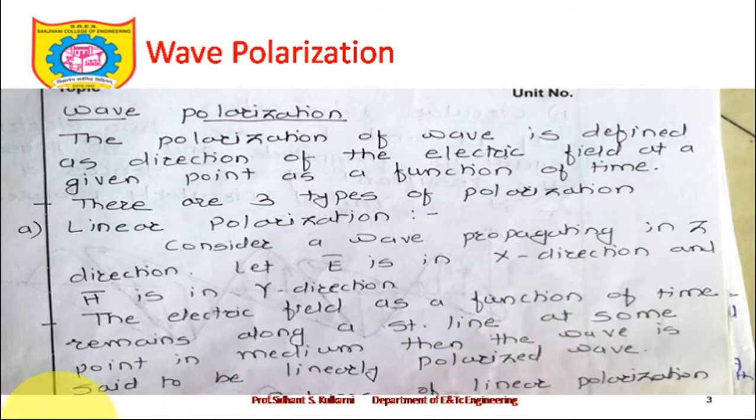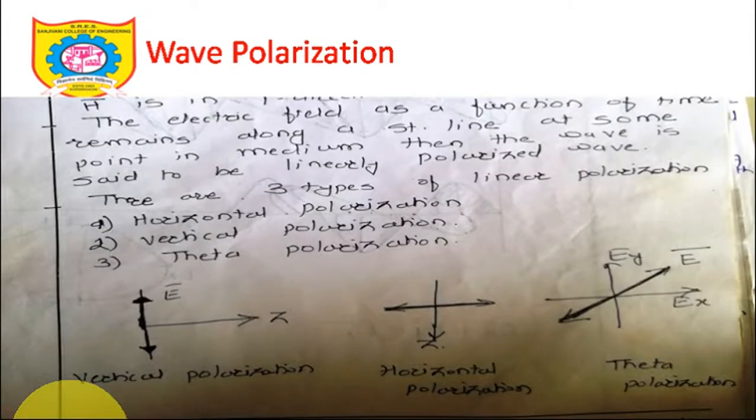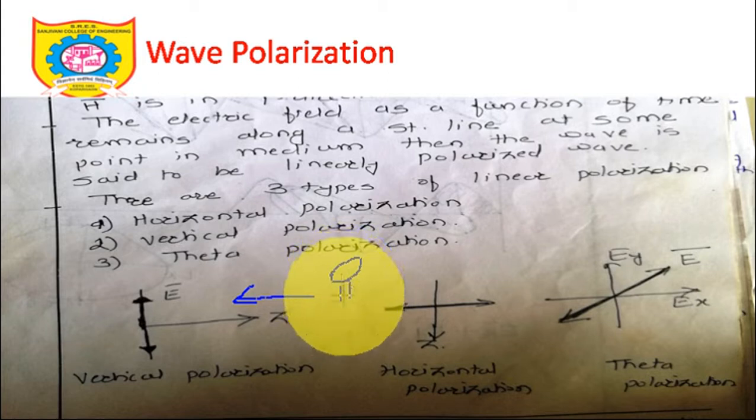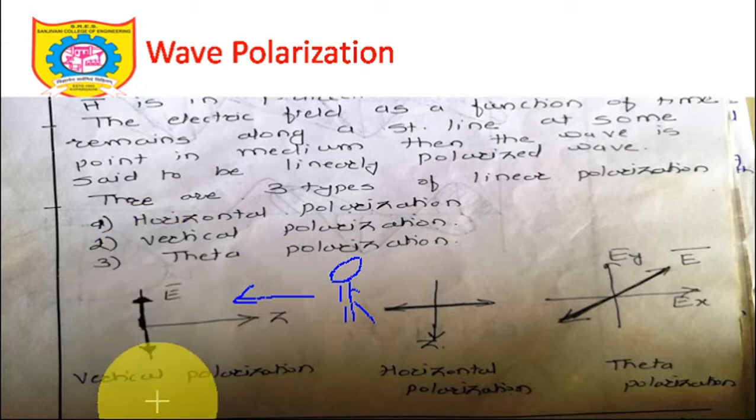What I mean to say is, let's say you are an observer, observing this wave looking along this Z direction. And for the resultant of E bar, the observer has observed that the E bar vector is moving in this direction, something like this: upwards, downwards, upward, downward. To the observer, the wave is said to be vertically polarized, since E bar has variations only along the upward or downward direction. Vertical polarization means there are no other variations, so it is a part of linear polarization.